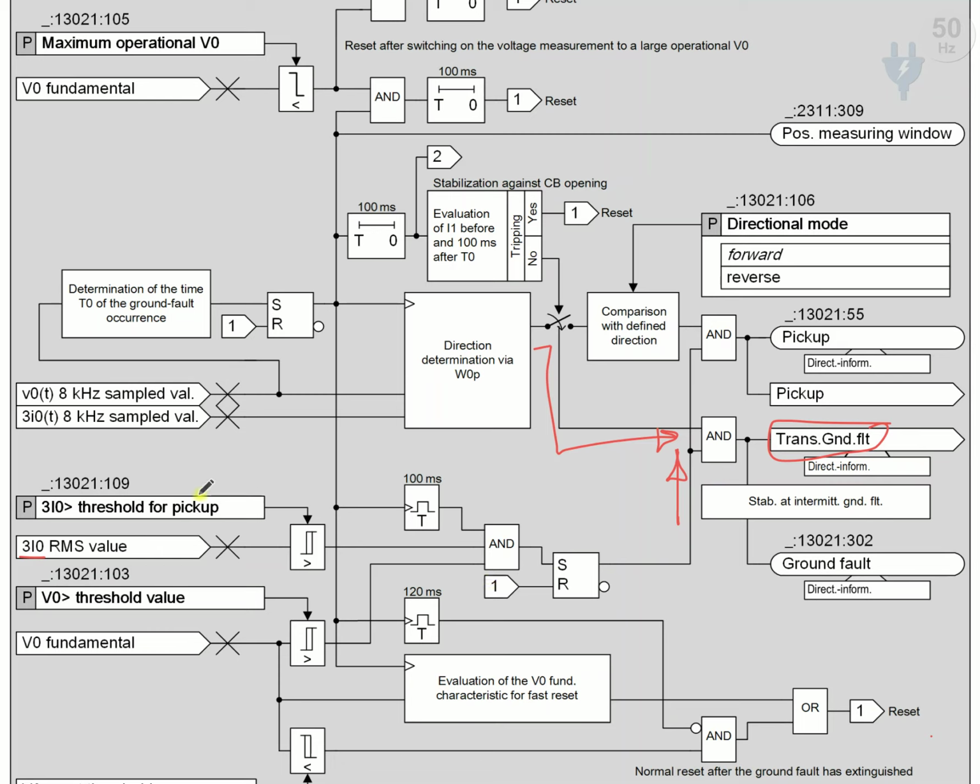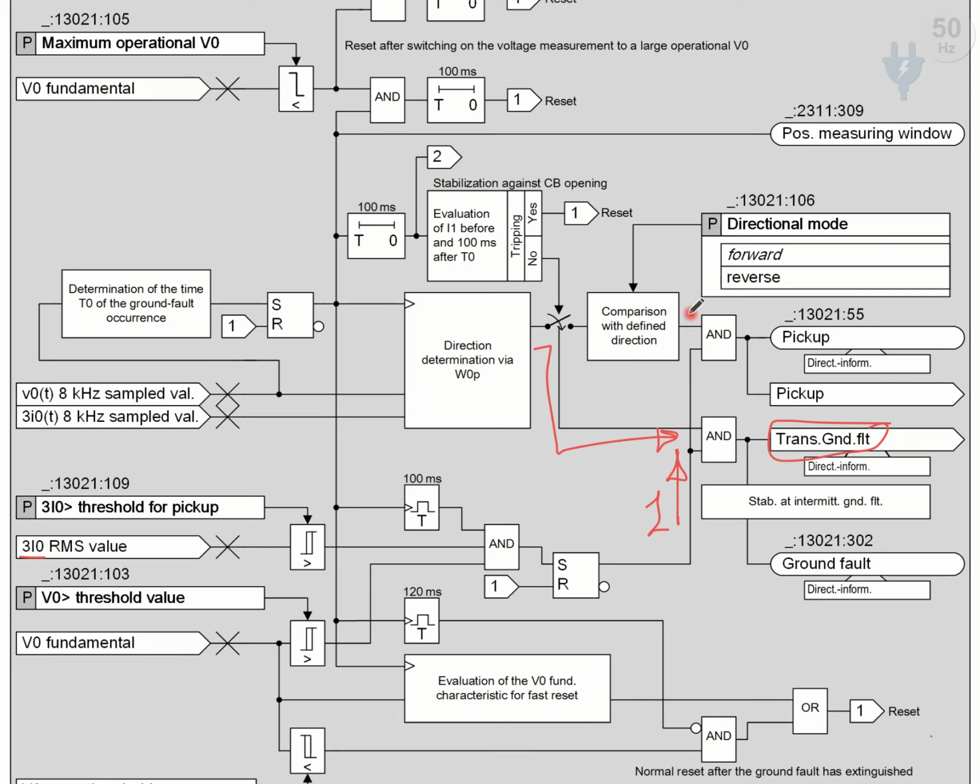Now suppose these thresholds are exceeded, and after 100 milliseconds it goes to the transient ground fault block. This one is 1. But due to a misoperation of this block, or